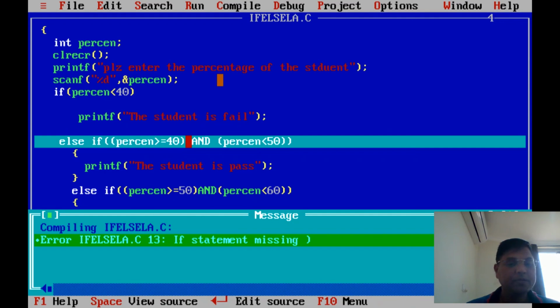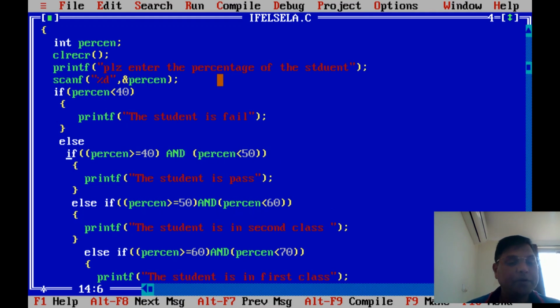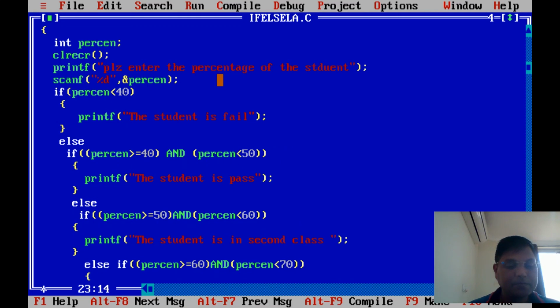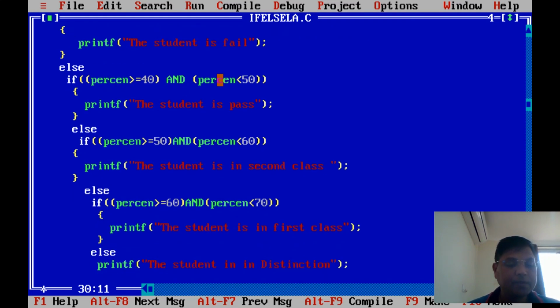If statement missing. Let's check where we are missing the statement. Else if, bracket, percn greater than or equal to 40 and percn less than 50. Else if. Let me go on my own so you can see where the error is. Else.